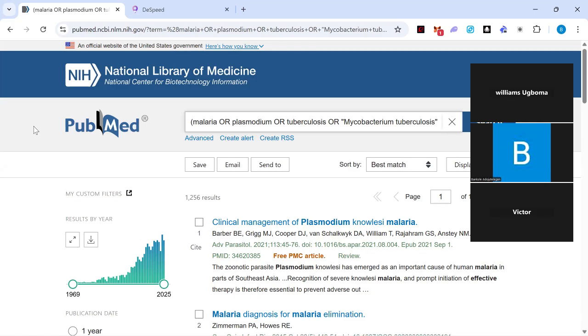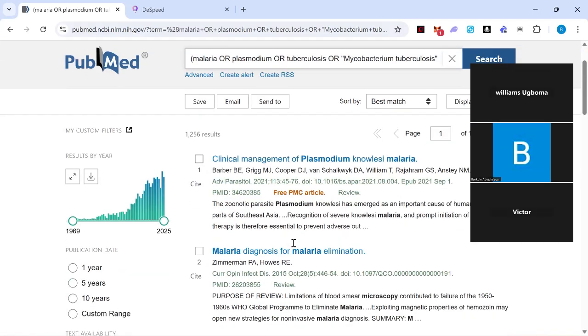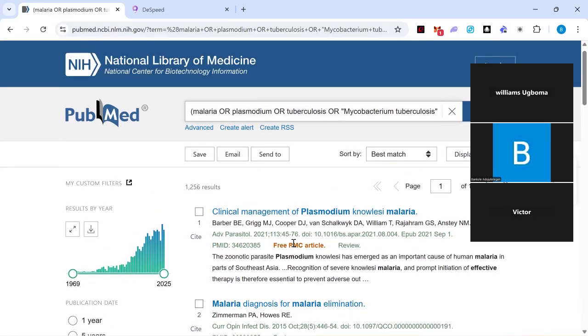computer-aided microscopy for diagnosing Mycobacterium tuberculosis and Plasmodium, that's malaria, Plasmodium species. So now this, I've inputted my search string here to give me just 1,256 results. So if I want to generate the file now, I will have to